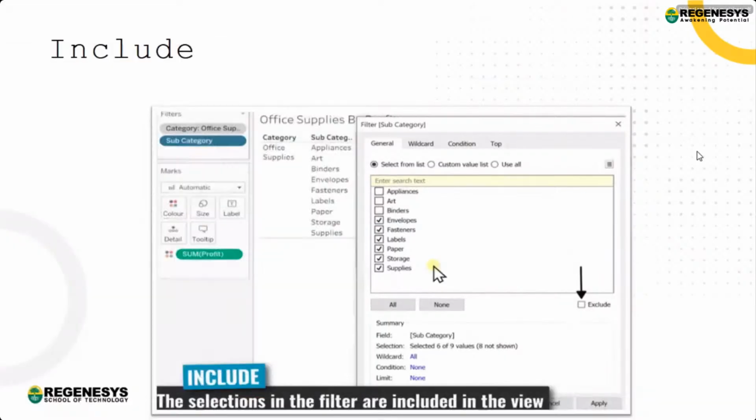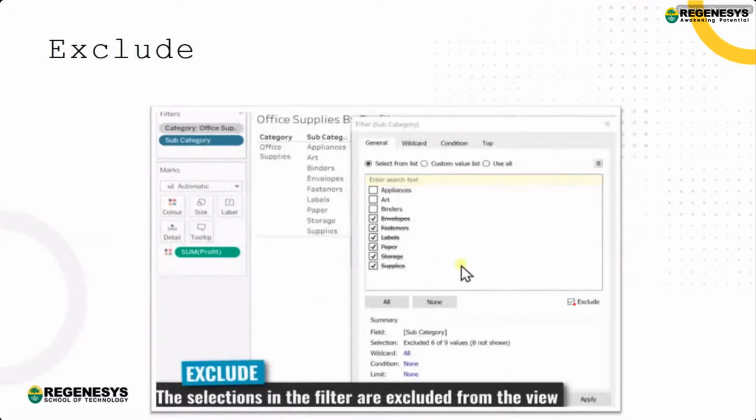Here you can see the include one. The example right now is that we have used include. Include is the default selection available in the filters, and it is included in the view. But if you click on exclude, the selections which we have made are excluded from the view. So we have two options: included and excluded.